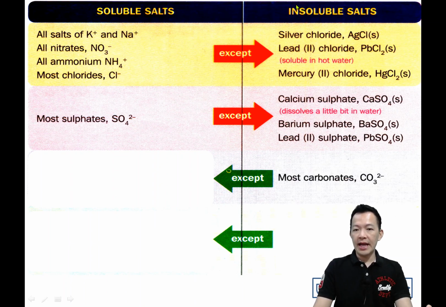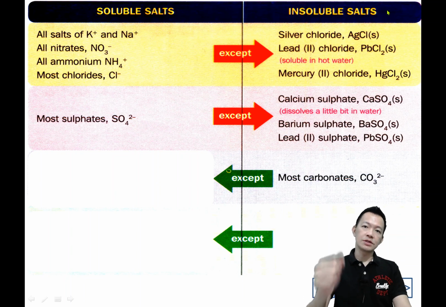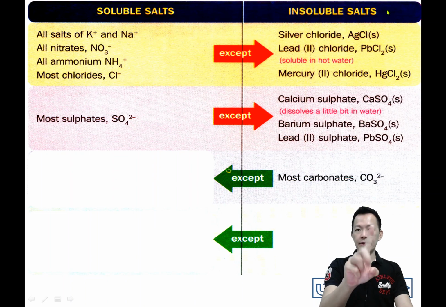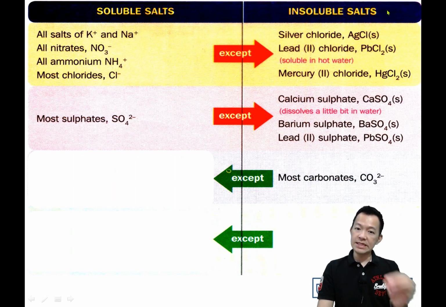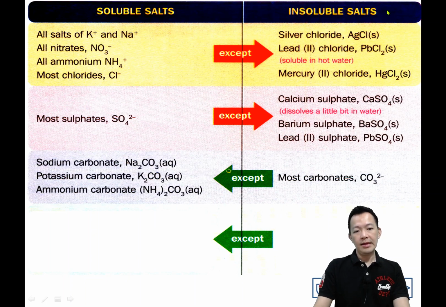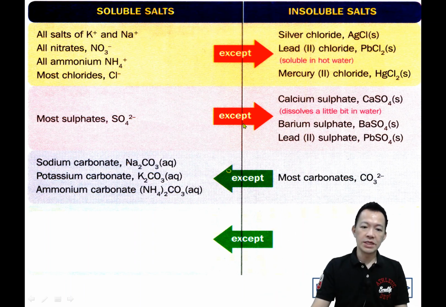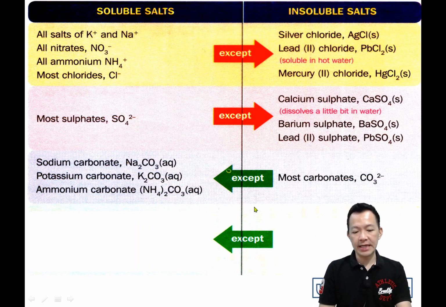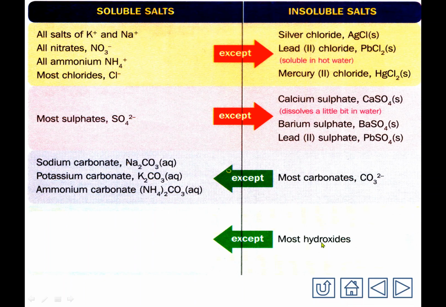Okay. For most of the carbonate, they are insoluble in water. Carbonate 大致上都是不能溶的，except 水呢，有一些 carbonate they are soluble. Okay, potassium carbonate, sodium carbonate, and ammonium carbonate 这3种 carbonate 都是能溶的。So this table actually same as the table just now, but the method different 方法不一样。So sodium carbonate, potassium carbonate, ammonium carbonate, they are soluble in water. So carbonate 都不能溶，除了这3种的 carbonate 能溶了。